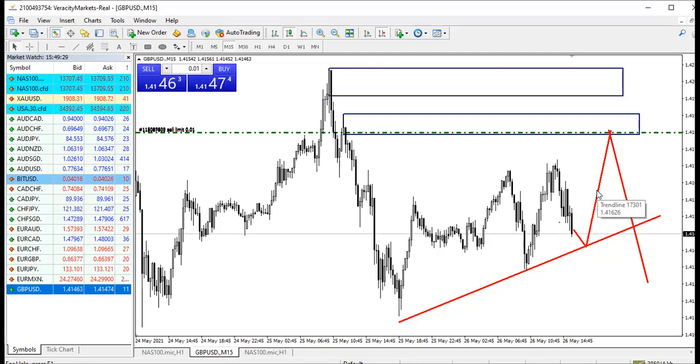Can I ask? Yes, ask. When we look at the market structure, are we using all time frames or one specific time frame? When you look at the market structure, check the bigger picture first.